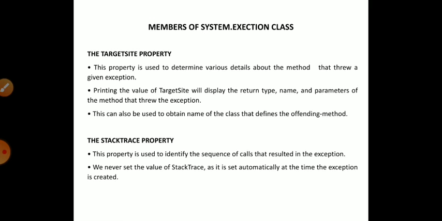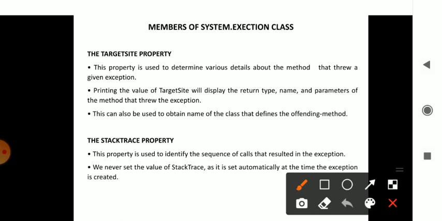In the beginning we will learn about the concept called target site. What do you mean by a target site? As the word says, it is nothing but whichever method or class in the program becomes the target site. When an exception is generated, the information about which method or type is generating the exception, you will get through the target site.